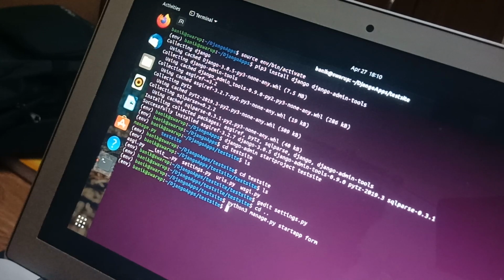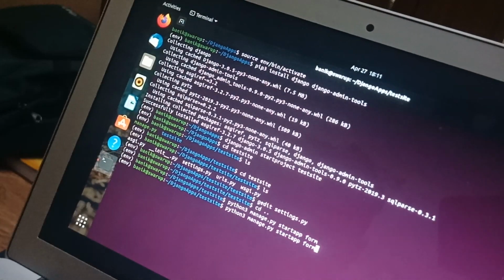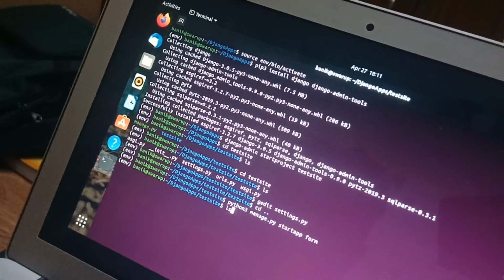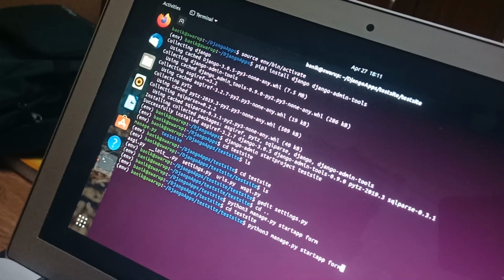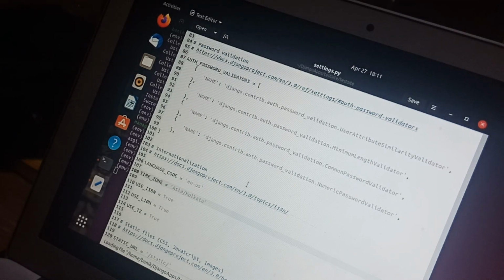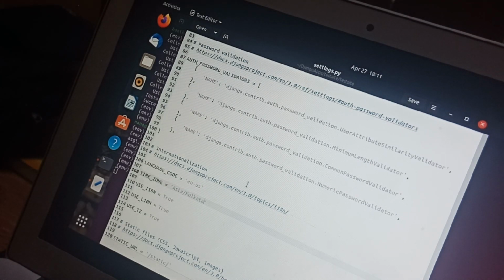So you have to again go to the test site settings.py and make the app recognized. And here we go again, settings.py. You have to go under the installed apps.